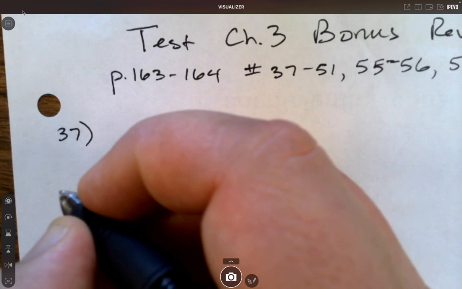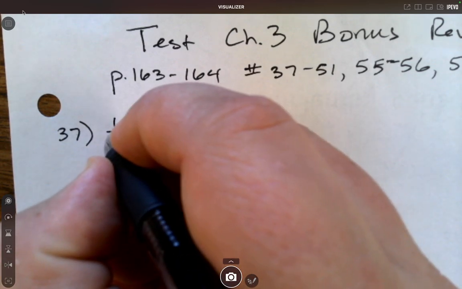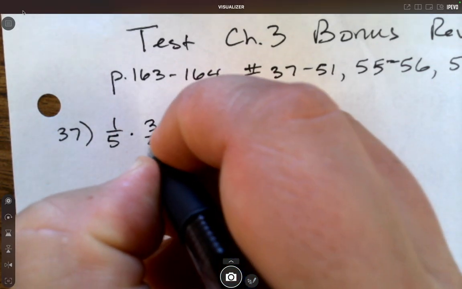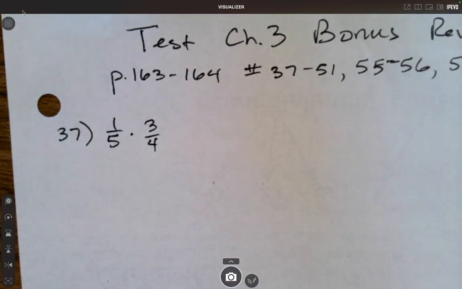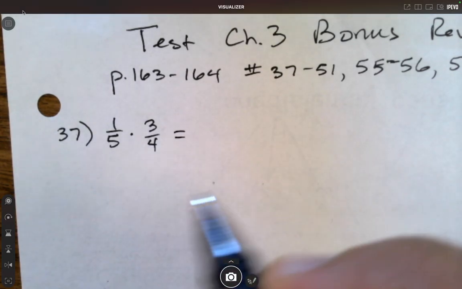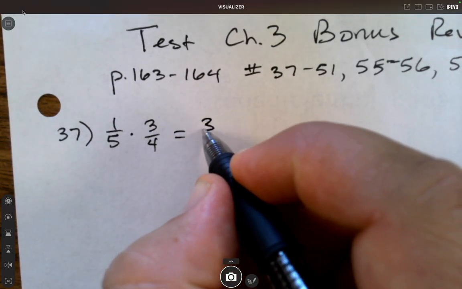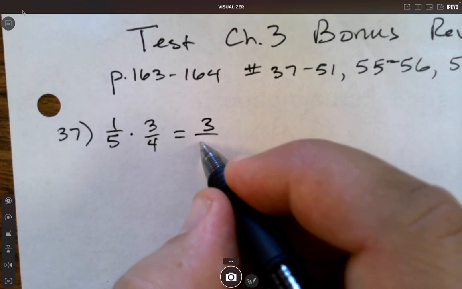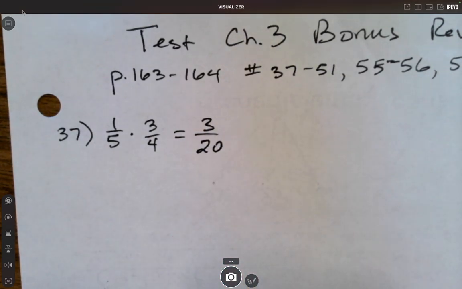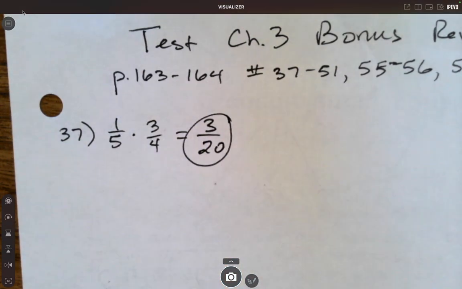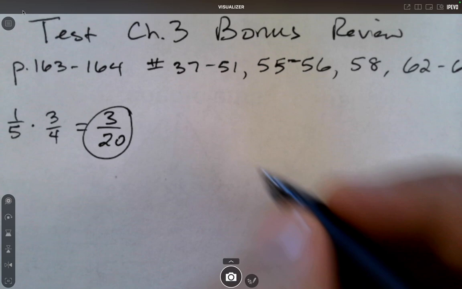We are multiplying here, so we do 1/5 times 3/4. No need here to rewrite any in the form of an improper fraction. They're already fractions, so no mixed numbers involved. We just do 1 times 3 and 5 times 4. And that is fully reduced, so that is our answer. 38,